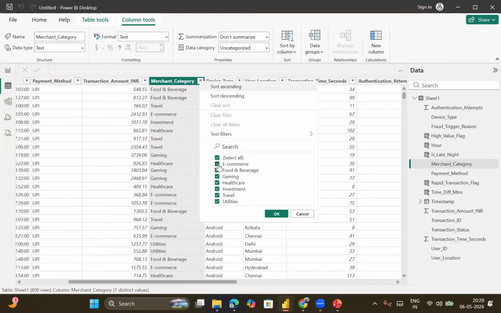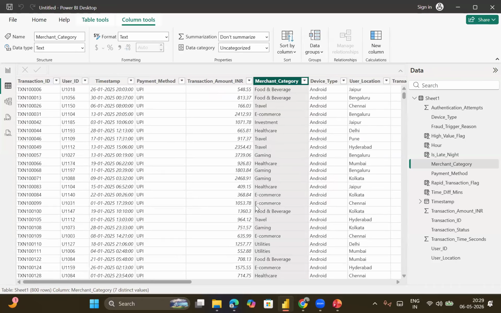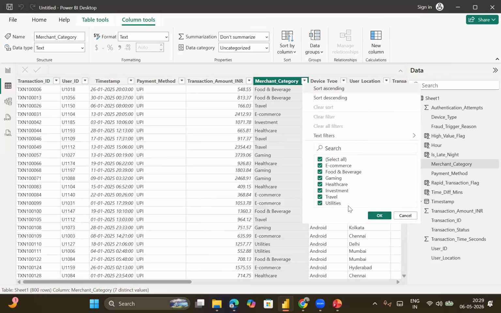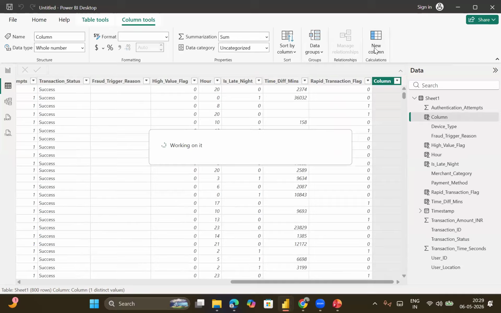Whenever the transaction is made for gaming, it will be flagged as, again, a fraudulent one, or let's say a suspicious one. Again, guys, it's a simple one. I can simply take it as okay. I think we don't have any betting option over here, so we don't need to care about it. But I will still write it, because in future, if this kind of question arises,